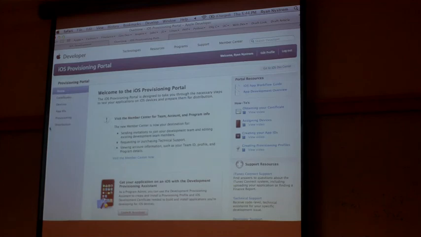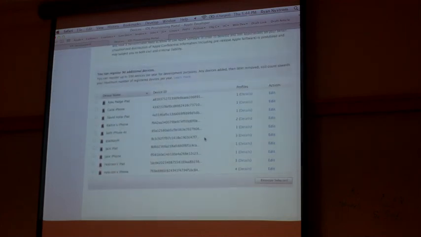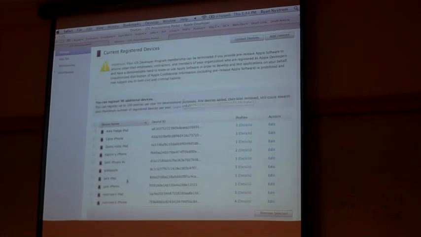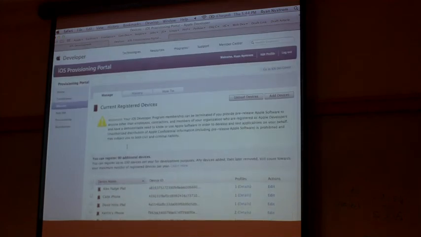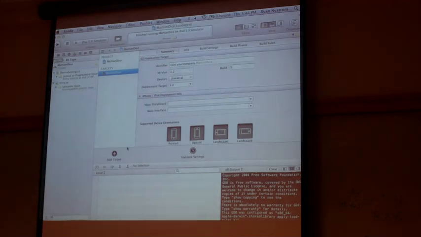You can go through here, click on devices, and add a device. All of your devices have this big string. It's a UDID, a 40-character unique string. Once you add it to your profile, all that you need to do to test yourself, I'm not going to really go into distributing, is plug this in.